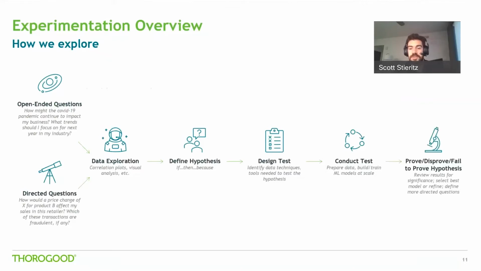From there, we need to evaluate our results. Were we able to prove our hypothesis? Were we able to disprove it? Or maybe we get to a point where we don't have enough information to reach either of those conclusions confidently, and we need more data, or we need to refine the approach that we're taking. Either way, it could lead us to some more directed, more specific questions from which we can update our hypothesis or design a new test and reconduct those tests, so we can keep iterating through this process until we're confident that we've sufficiently answered the question that we set out to explore in the first place.